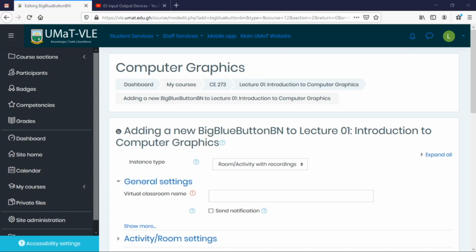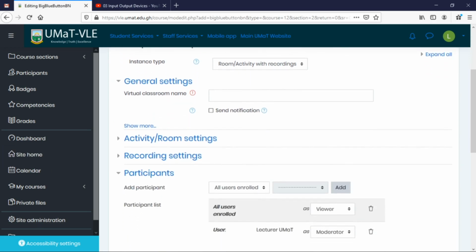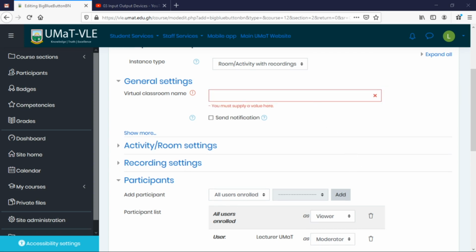So once this is done, the next thing that we're going to look out for is the creation of a virtual room. So how is it done? We will start by giving it a name, the name of the virtual room. And this name is going to be the lecture video section that we're going to hold for Introduction to Computer Graphics. So I'm going to type it in there